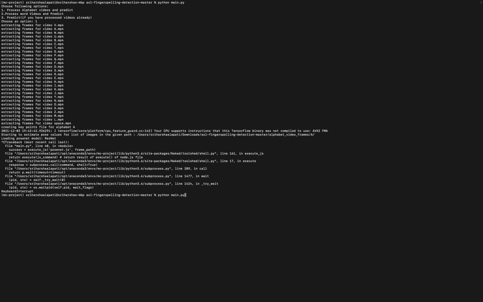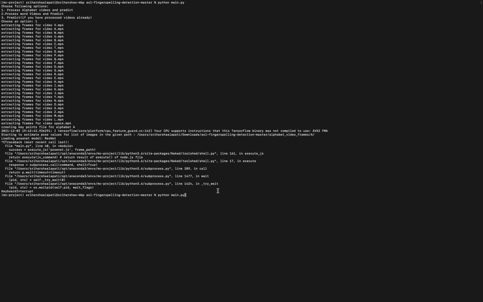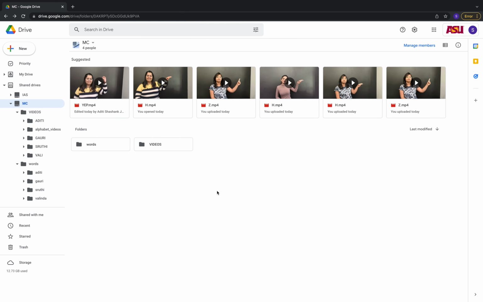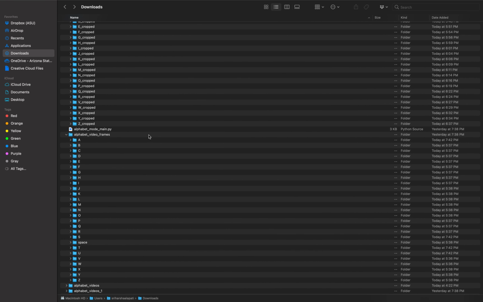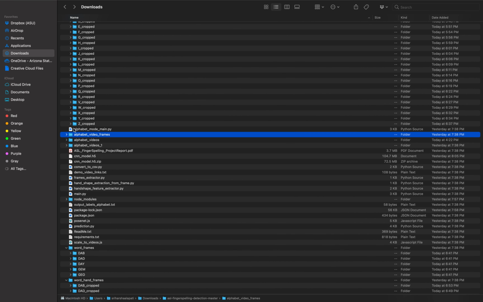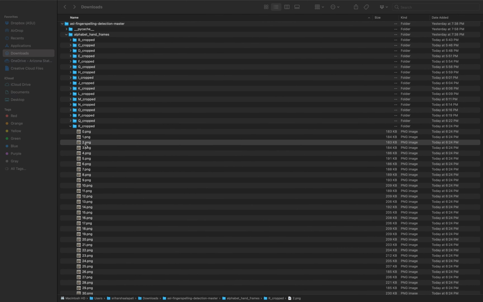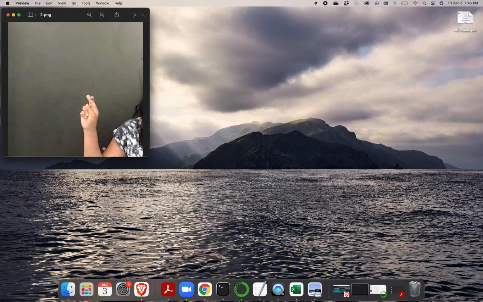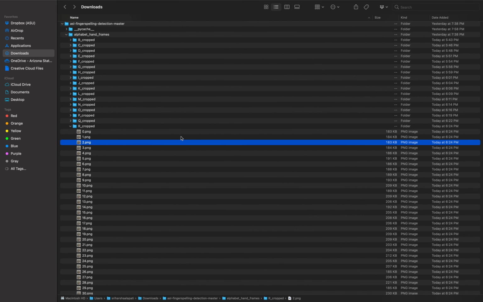And I will run the prediction algorithm because this will take a lot of time, so I have saved everything into the modules. All the frames are being processed and the hand shape feature is being extracted for each of the alphabets, and we can see it, like R. It draws a box around that part and takes the hand picture out of it.